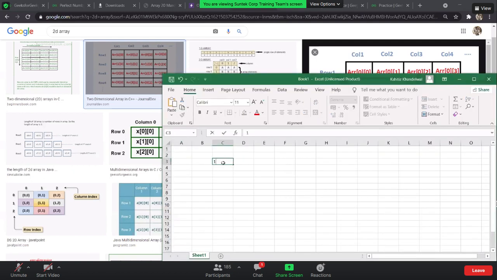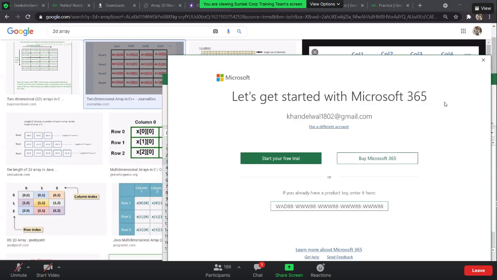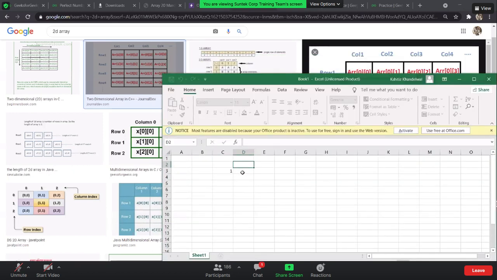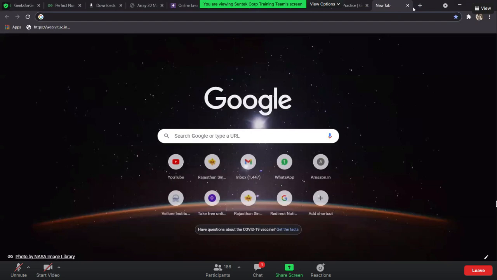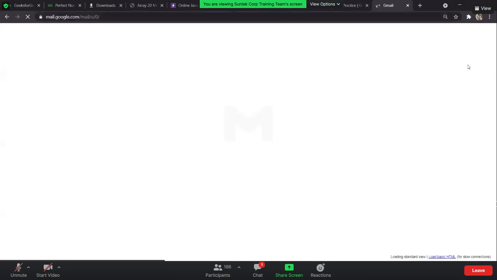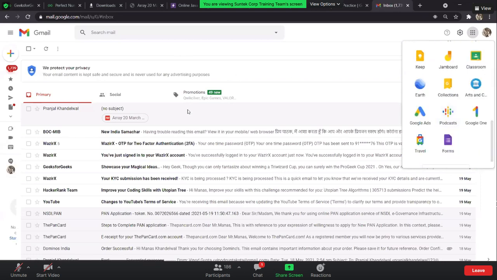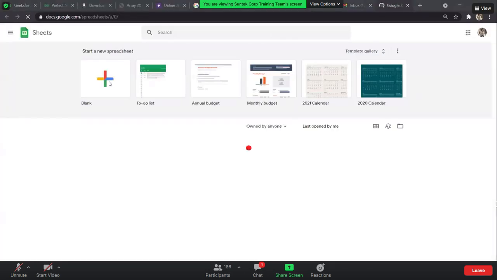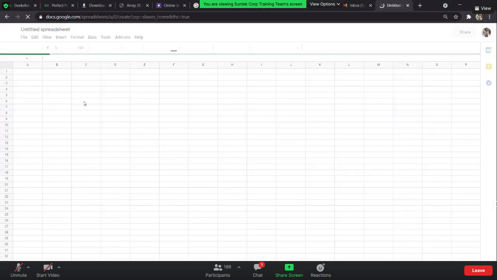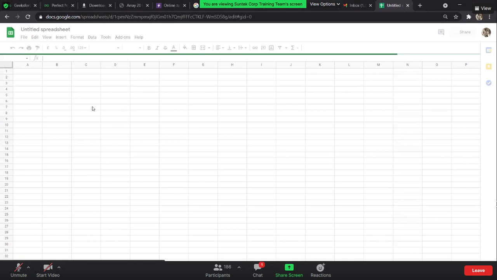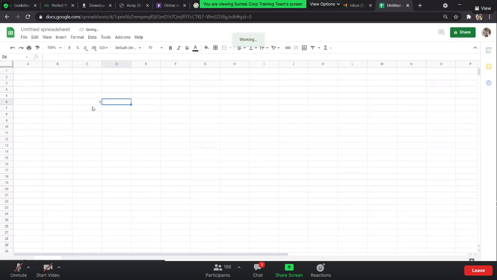So basically here I have 1. If I have 1 over here, and 1 over here, let's say I have this as a matrix, considering a 3 cross 3 matrix.